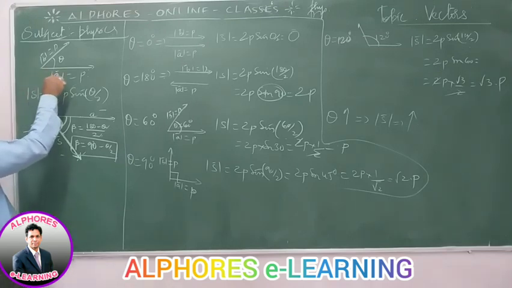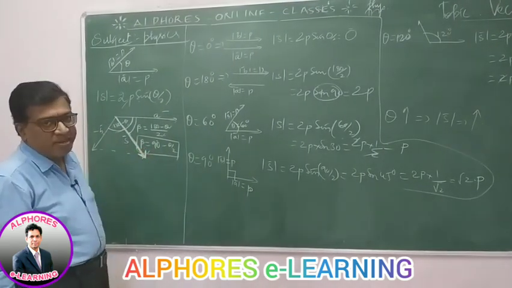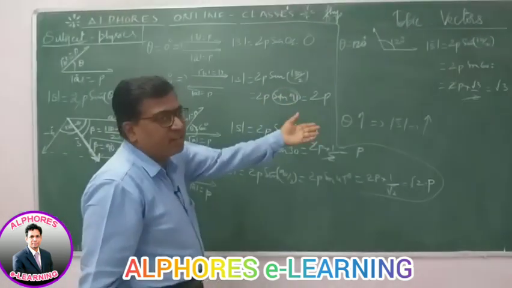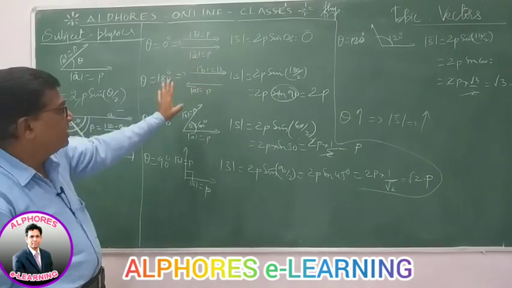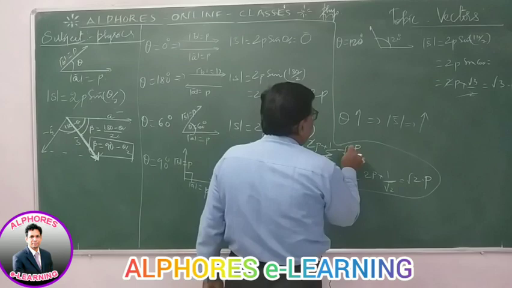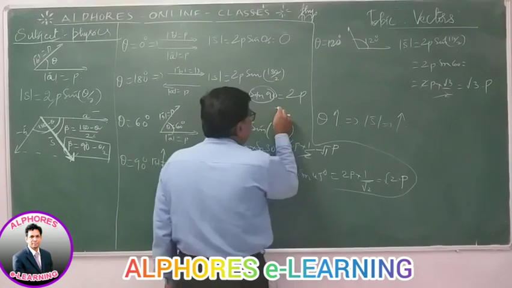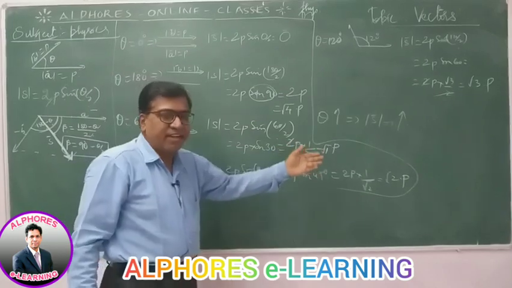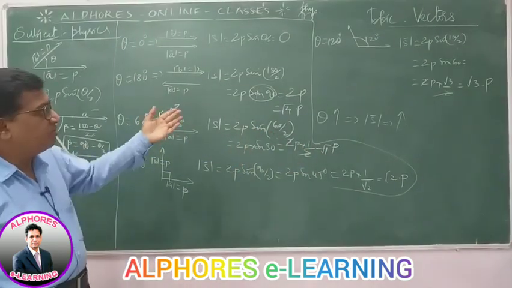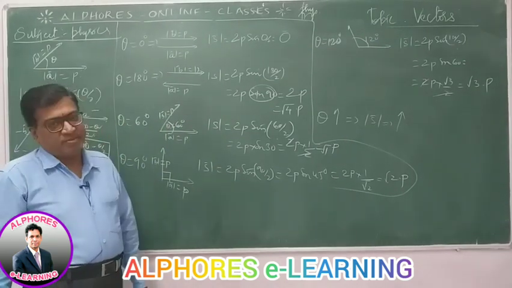So, this is only for vectors of the same magnitude, then the resultant vector will be along the angular bisector. The angle is 90 minus theta by 2 and the magnitude will be 2p sin theta by 2. For various angles you can find out like this. When theta is 0, magnitude is 0. Theta 60, it is root 1p. 90, root 2p. 120, it is root 3p. And for 180, it's root 4p. So, as the angle is increasing, the magnitude is also increasing. Based on that, you can even find out the direction of the resultant vector also. Right? Okay, thank you.